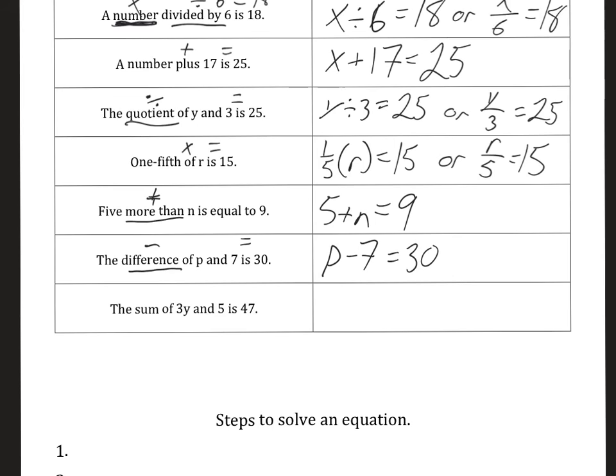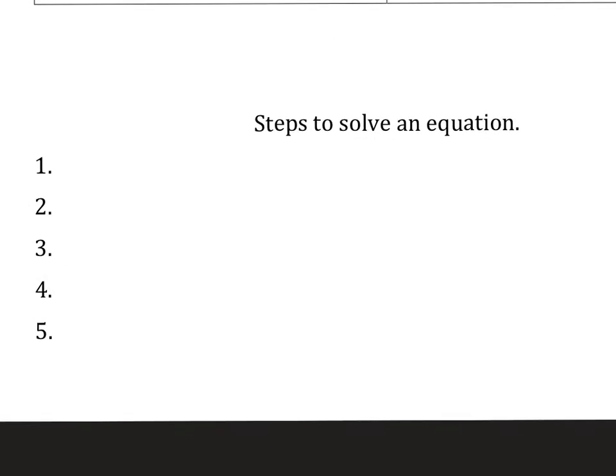The sum of 3y and 5 is 47. What do you think sum means? Sum means plus. So the sum of 3y plus 5 is 47. So is just means equals. Perfect. Very last part,